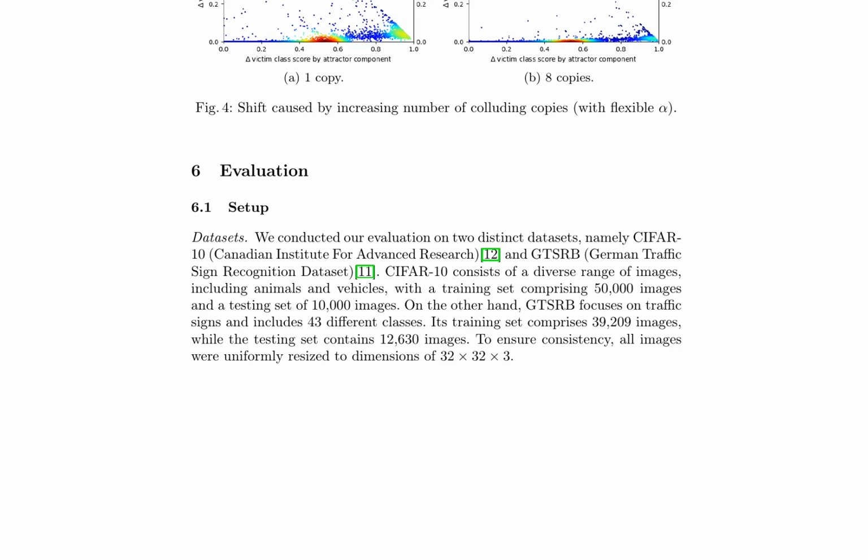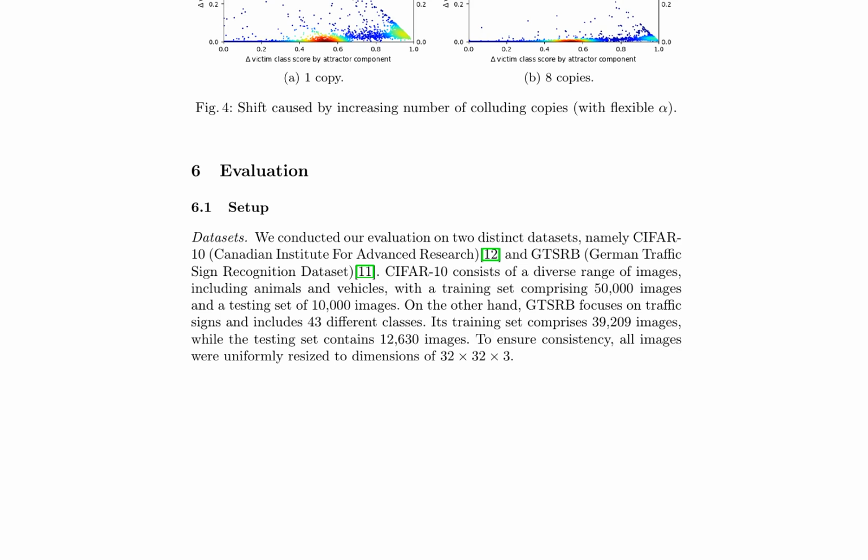The authors analyze the shift in each component of a copy under attack, using the flexible alpha approach. The results show that the attack is less likely to succeed, with fewer points in the figure indicating fewer samples becoming adversarial. For successful samples, the shift in scores forms two clusters, with the dominant part of the score change contributed by the attractor-based rewriter. The authors further observe that the shift no longer varies much with the increasing number of copies in the collusion attack, suggesting that the flexible alpha approach is more resistant to collusion attacks.